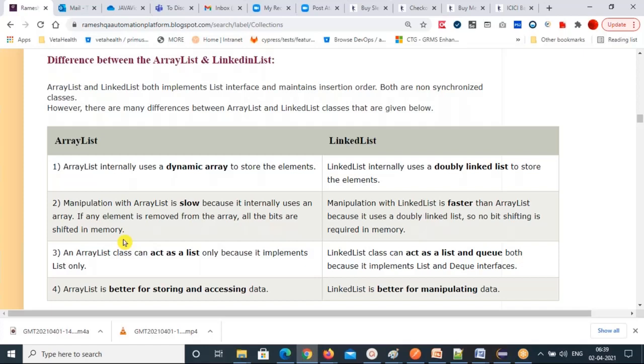That's the reason manipulation is very fast with the linked list. Array list class can act as a list only because it implements the list only. Linked list class can act as a list and queue also because linked list implements the list and dequeue interfaces. So both interfaces are implemented in the linked list class.